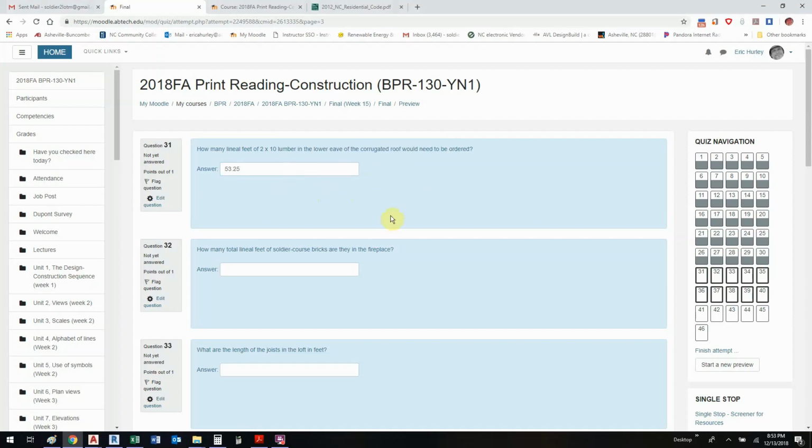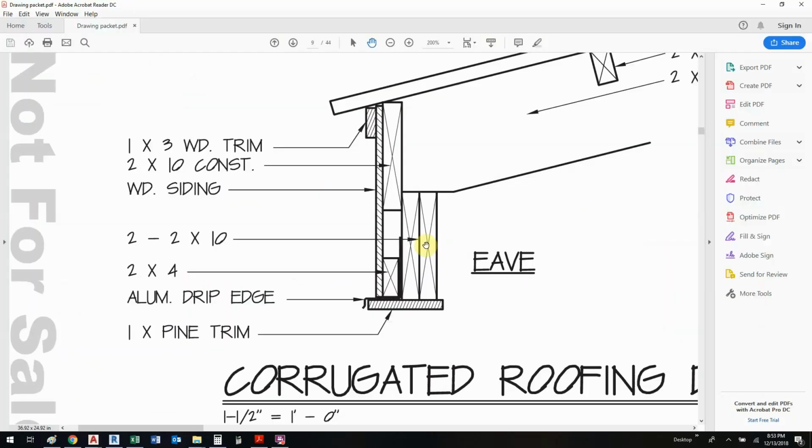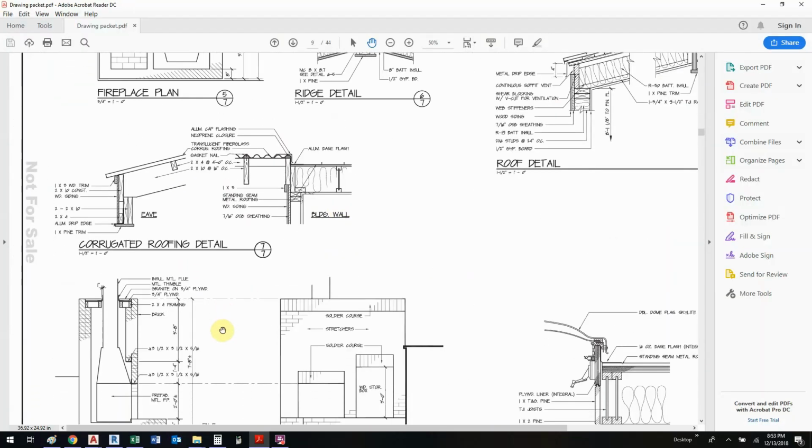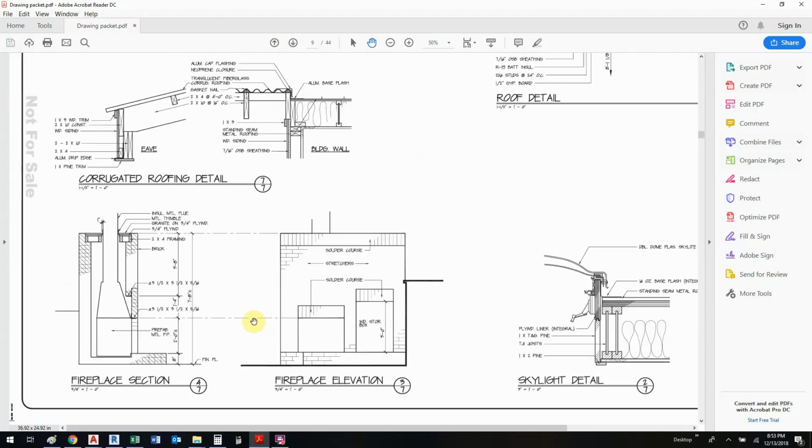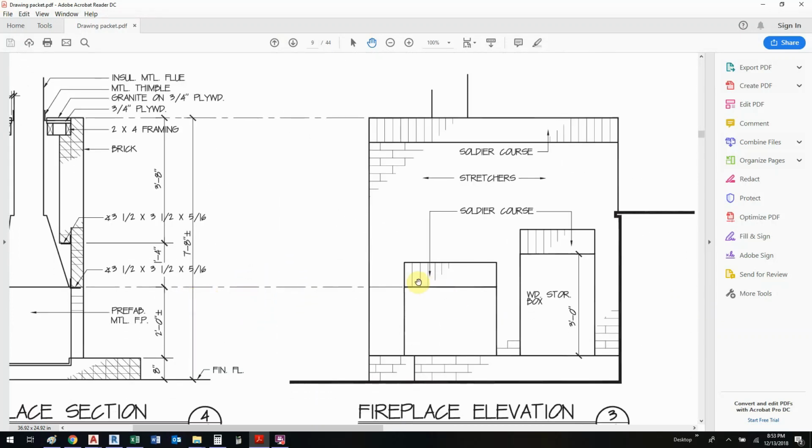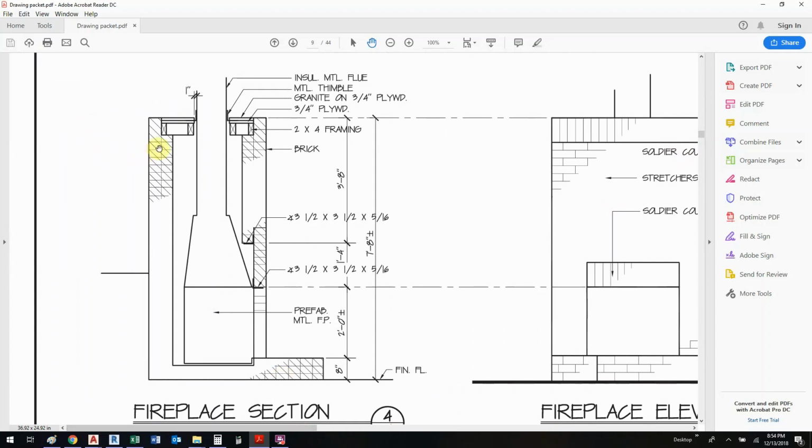Okay, sorry about that. How many total linear feet of soldier course bricks are there in the fireplace? So let's go over to the fireplace plan. Now let's look at this very closely. Here is our fireplace, and we have a soldier course here, here, and here. Now look here. This soldier course is holding up this platform, and there's granite on it, granite on 3/4 inch plywood. So we actually have this soldier course